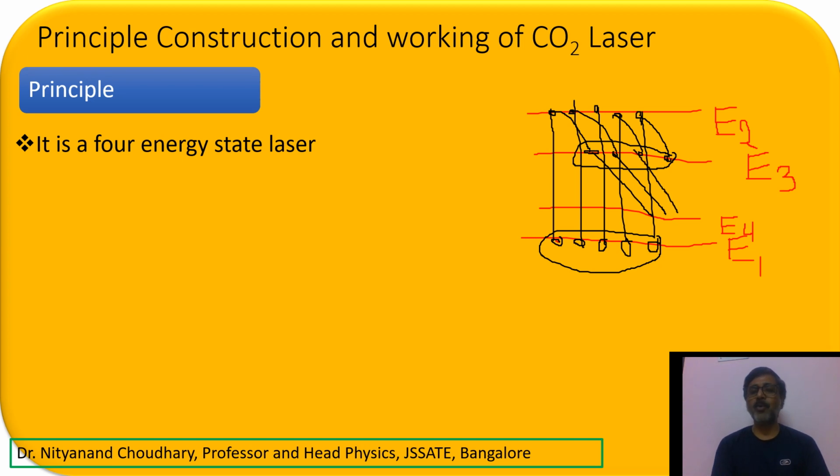So if I give any photonic energy to any of these atoms, under the action of this photonic energy, the atom is going to lose energy, right? And this atom will come back to E4, and between E3 and E4 you will have the stimulated emission. So between E3 and E4 you are getting the stimulated emission, and you are getting the photonic energy. Now here the atoms have got stuck in E4. Now how do we bring back the atoms from E4 to E1?